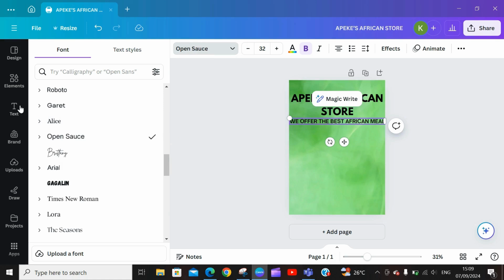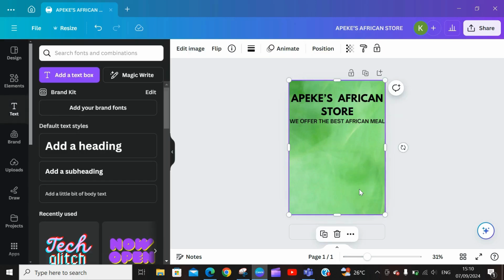You have this already. So what are the things that they do? What are the meals they produce? In Africa's African store, they offer the best African meal. Okay. So what are the best African meals that they produce? You go to element. Okay, before element, I think the first thing we need to do is go to element and select the grid,